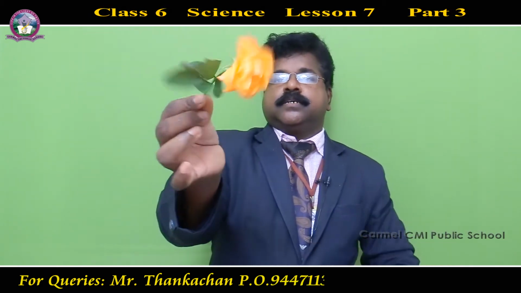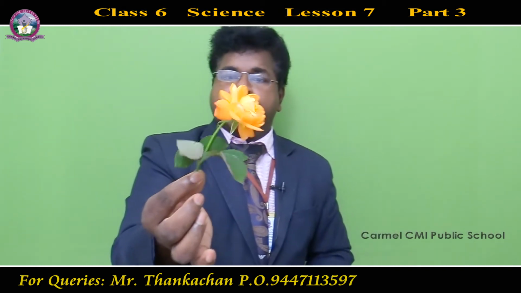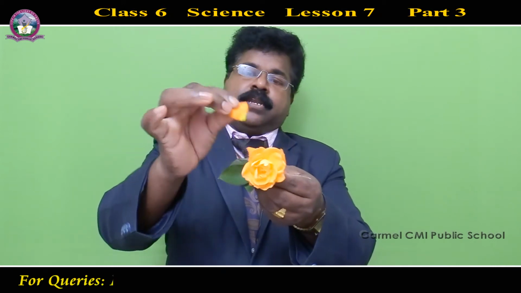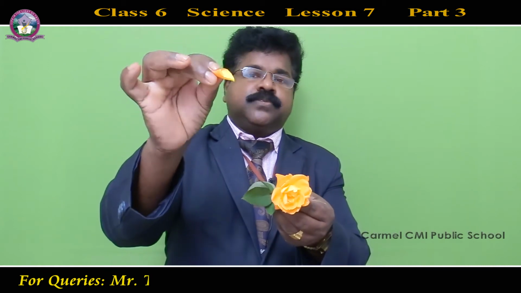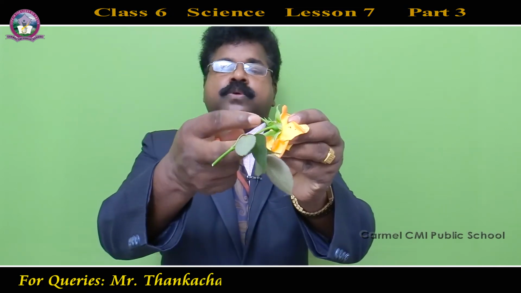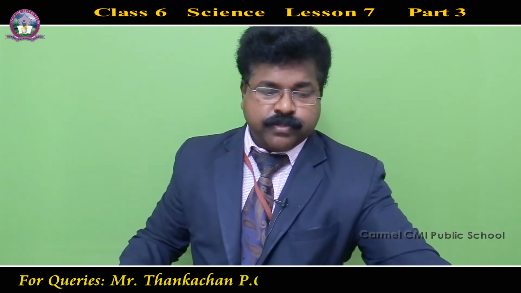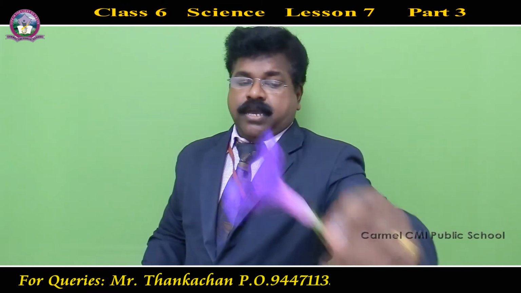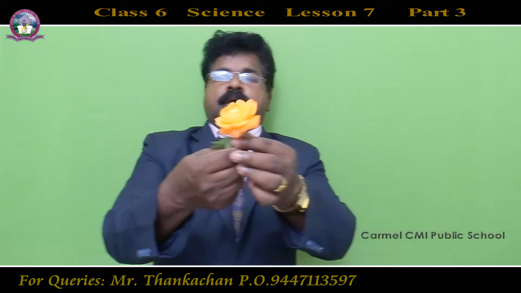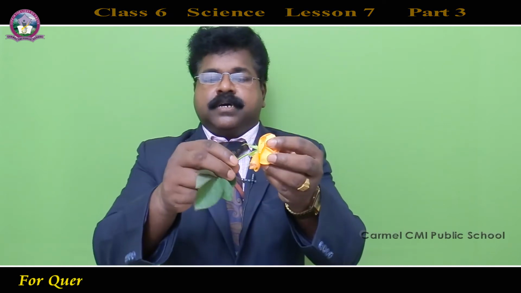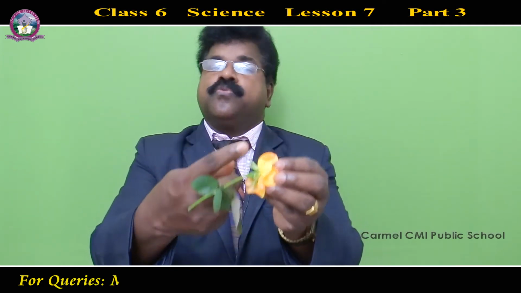And just see this rose flower. In the rose flower, you can find all the petals are free. You can take them one by one outside. Each petal is free only, free petals. And you see here the sepals are also free. In the petunia flower you saw, the petals are united, whereas sepals are free. Whereas in this rose flower, all the petals are free, and at the same time the sepals are also free.